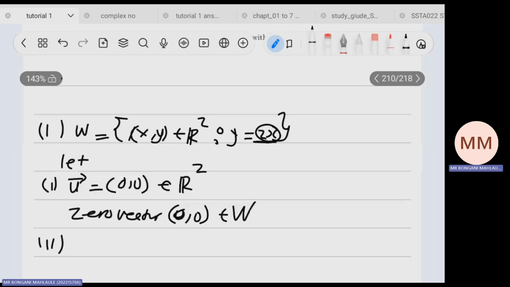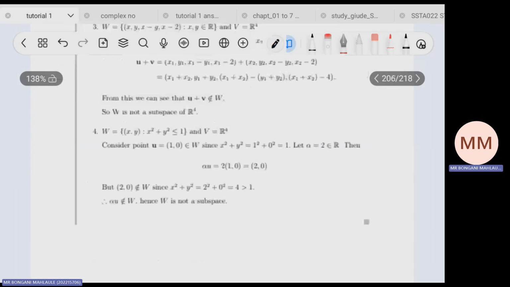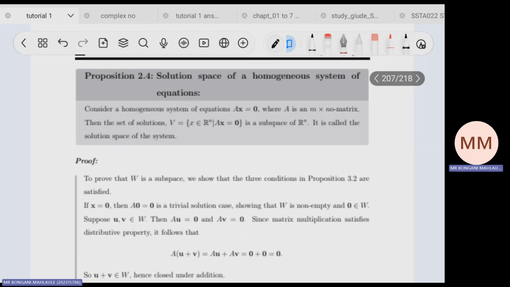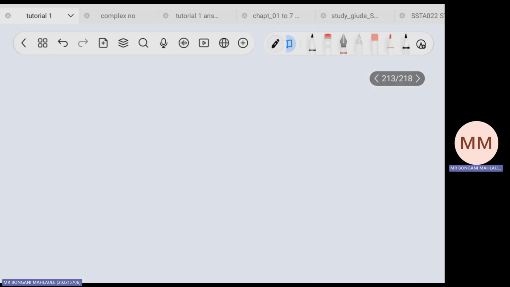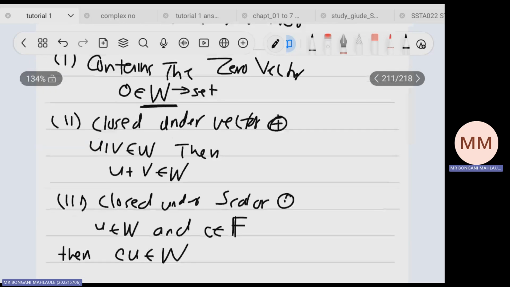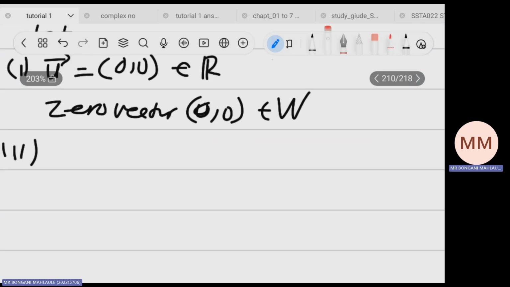Then we want to now check the second condition that says the sum of two vectors must be in the set of W. We want to check this one. The second condition here, which is this one. So we can see that